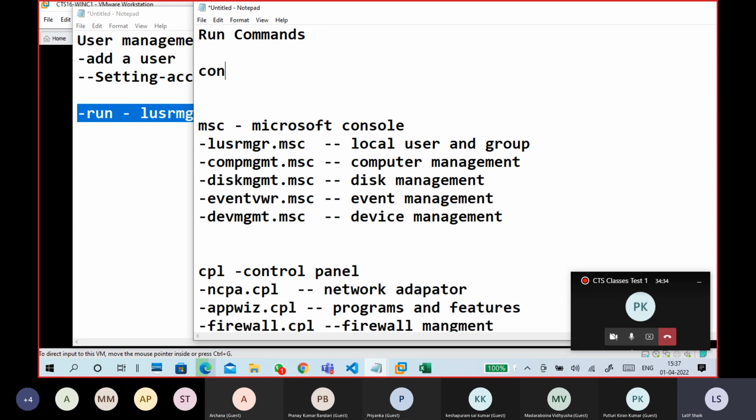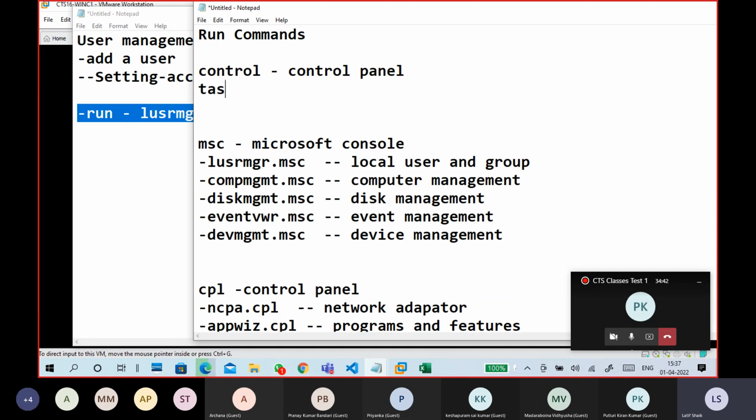From run, if you type control, you open the control panel. taskmgr, so .exe type, task manager.